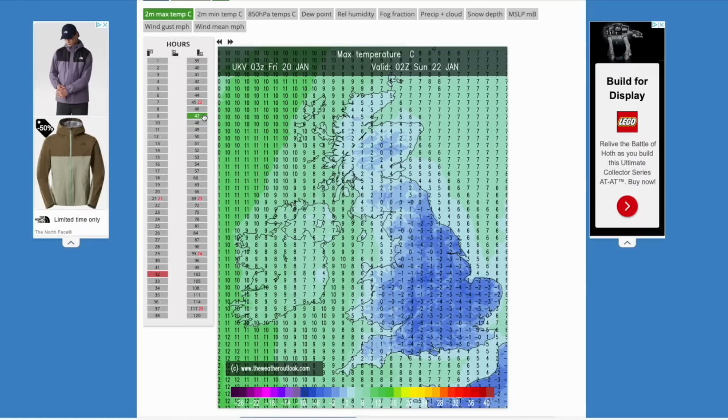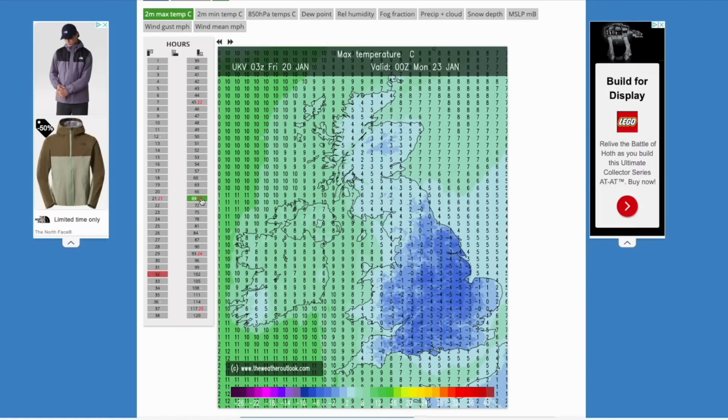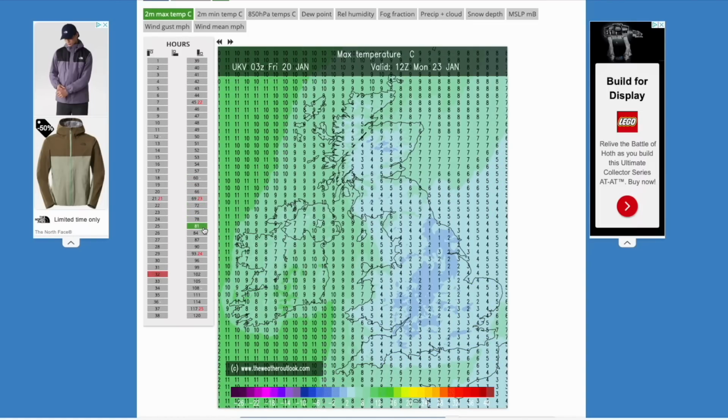Through Saturday night into Sunday, again, a widespread frost, but reducing in Scotland and far west of Wales and southwest England, but still very cold through East England, -4 or -5 there, and into Sunday afternoon, you can see again temperatures struggling around 2 to 5 degrees there. Through Sunday night, another widespread frost into Monday, and by Monday afternoon, again, still 3 or 4 degrees, but by this time, the milder air up around 850 HPA is pushing in, but towards the surface, we're